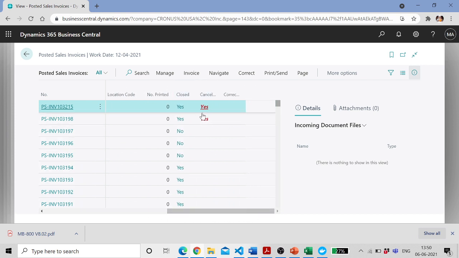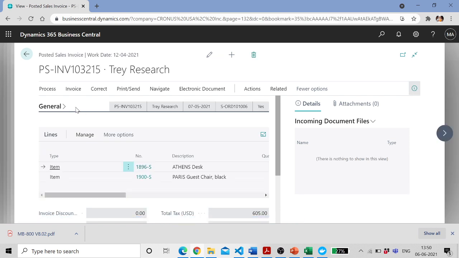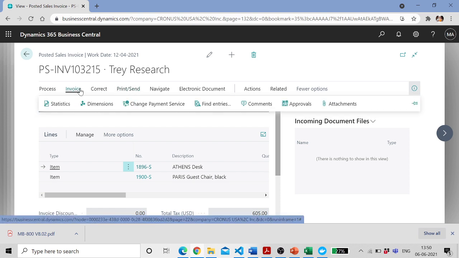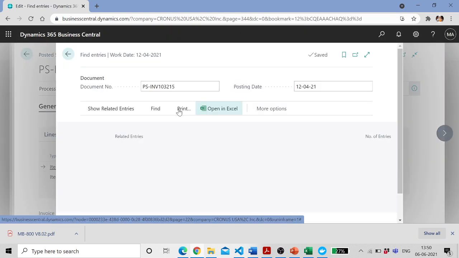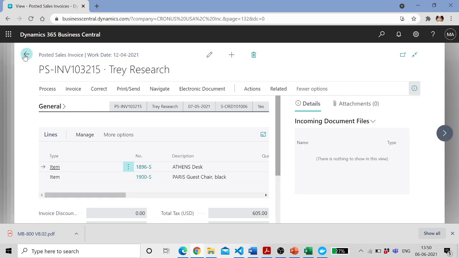So now cancelled is showing yes. We were saying that a credit memo will also be created and posted, so there should be a posted sales credit memo also. And if you want to see the entries created by this document, we can check those. So there is customer ledger entry one. Okay, let's check